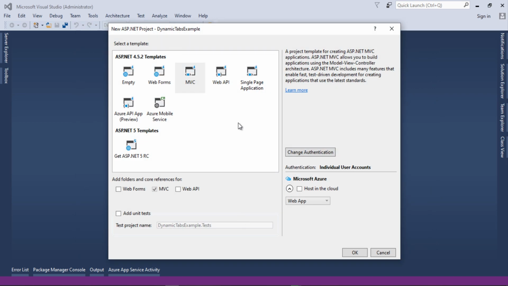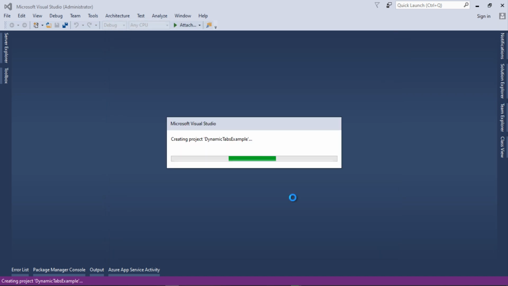Here are the different templates provided by Visual Studio. I will select the MVC one which is provided. So now I will click on the OK button and let's wait for our project to be created. As you can see in the status bar, it is adding Bootstrap, jQuery and some other packages which are required to run the ASP.NET MVC project on the first run. So it is restoring some packages related to the MVC project, and sometimes it takes much time or sometimes it gets done sooner. It depends on the internet connection speed. It is still creating our project.